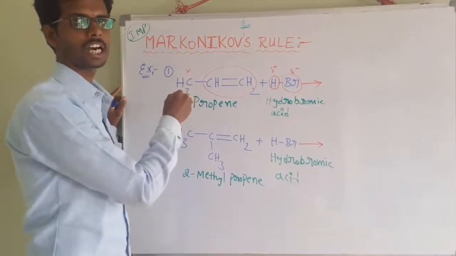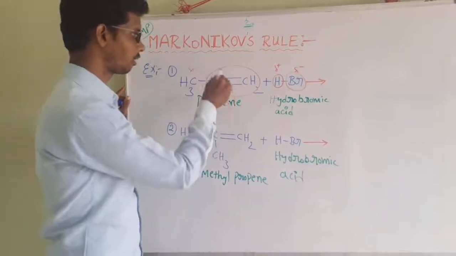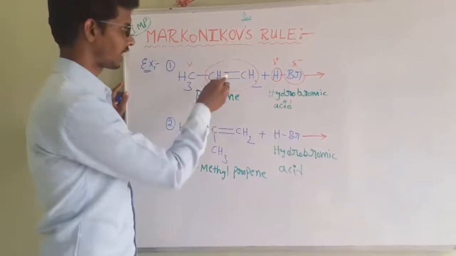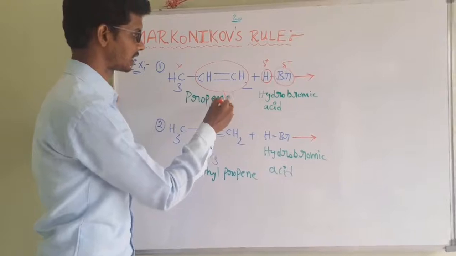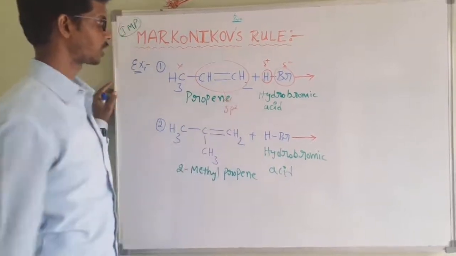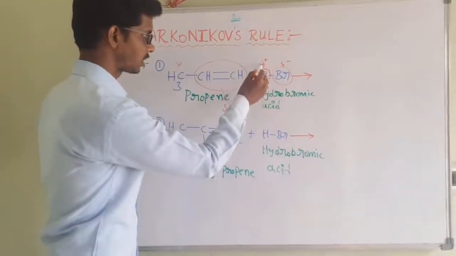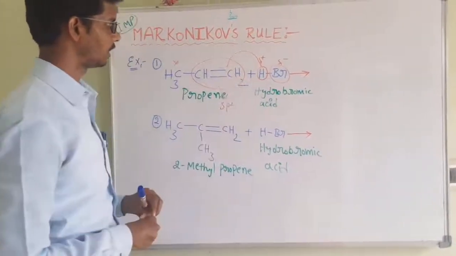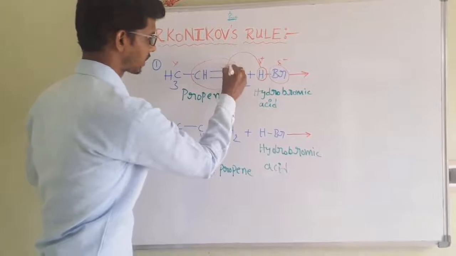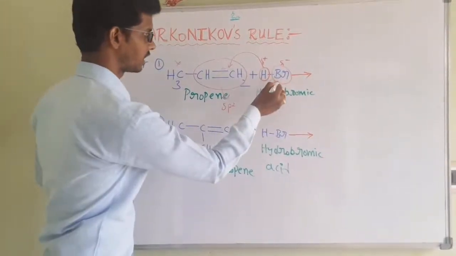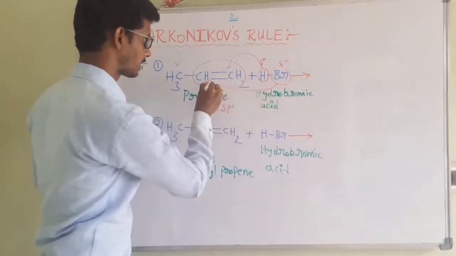sp3 carbon containing carbon is less reactive when compared to sp2 carbon. This double bond consists of sp2 carbons, that's why it is called sp2 carbons. That's why the reaction is going on in this center. The positive part of the reagent is going to be attached to the carbon atom containing more number of hydrogens. The negative part of the reagent is going to be added to the less number of hydrogens